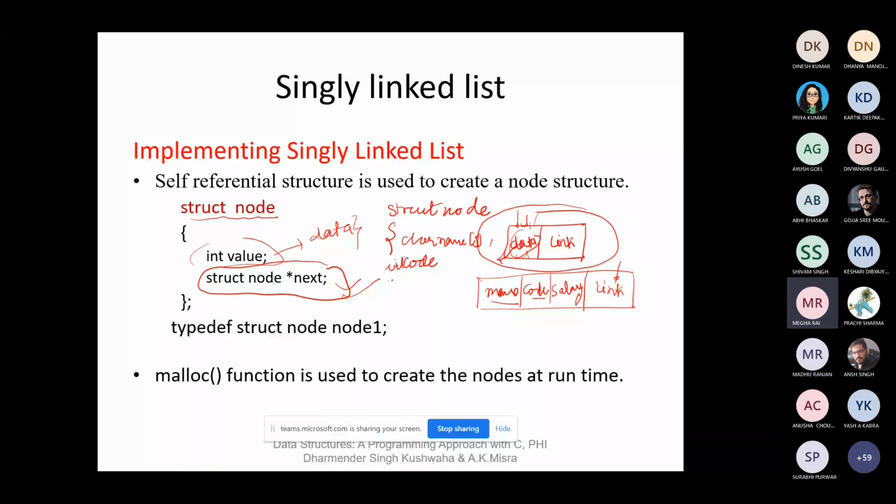If salary is in integer form, then int, or maybe in float form, then we can declare it as float. Then the next field, struct node pointer, if you are using the link, we can represent it as a link like this. So this whole part represents the data, and it also holds the next node's value.